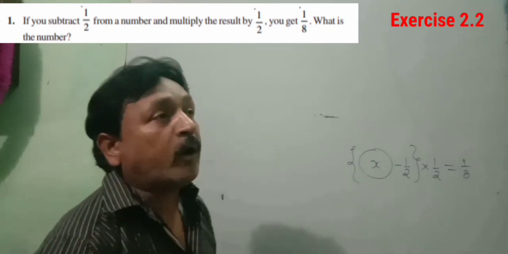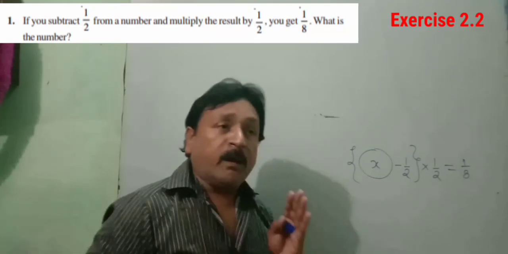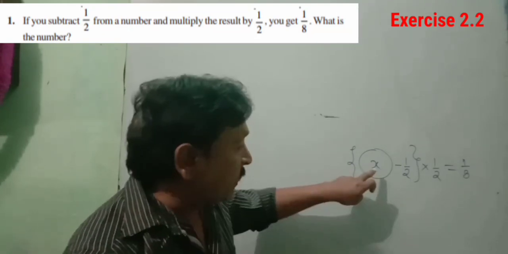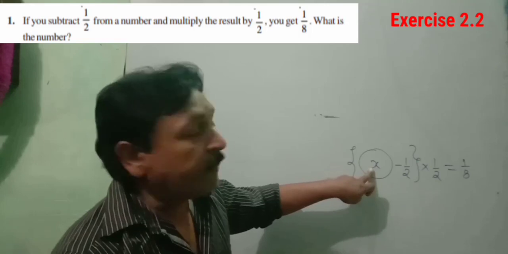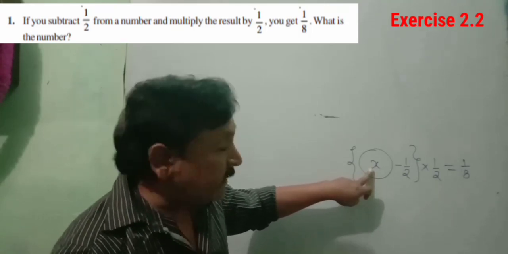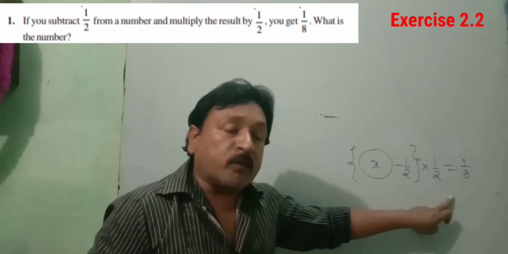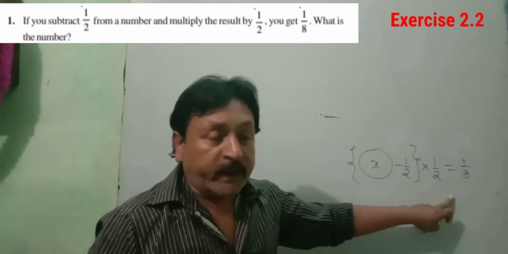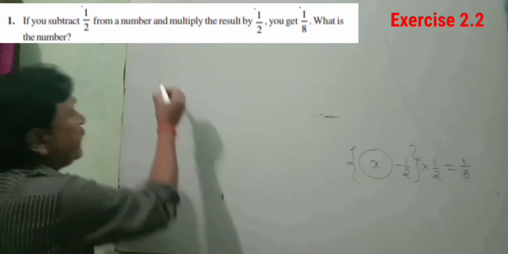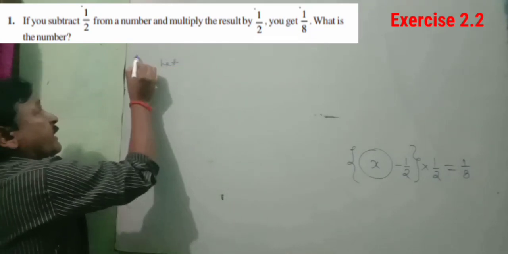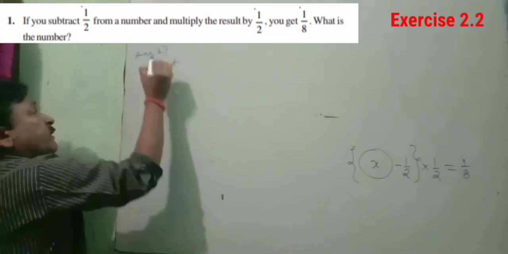In this kind of word problem we have to understand it. For the unknown thing we will take x, and then with the help of all this we will form one equation and then solve it as we have been doing earlier. Okay, so we can say it is answer number 1.